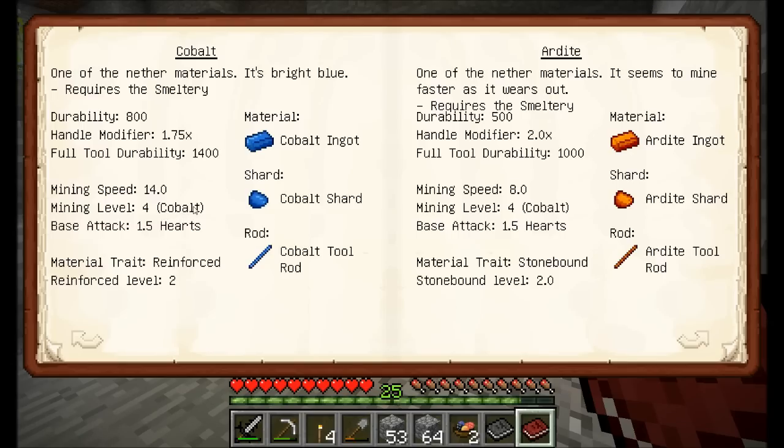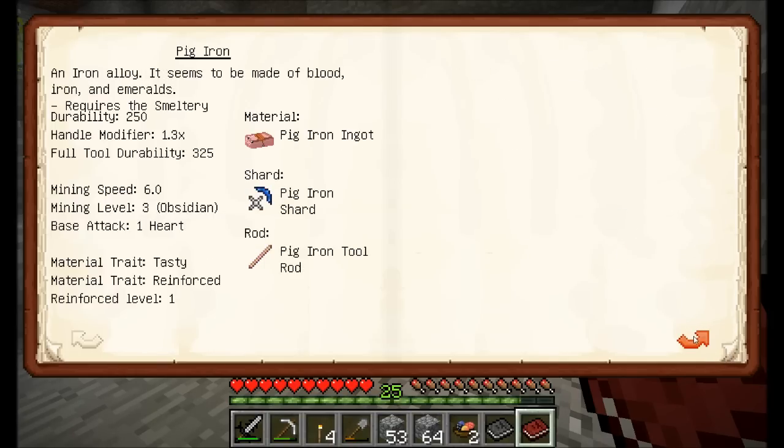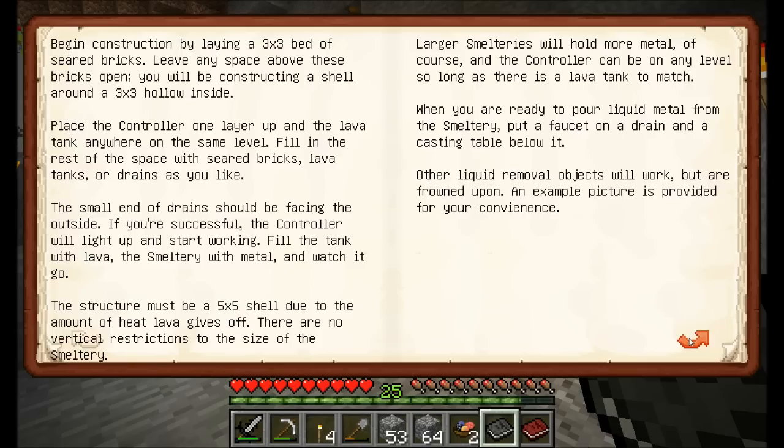but that requires a mining level of 4, and ardite, which also requires a mining level of 4, and manyullyn, which gives you a mining level of 5. That's really just a combination of cobalt and ardite. So there's really no other thing. Steel would get it for you, but steel is probably a little bit tricky to get your hands on right now. So what we're going to do is look into our mighty smelting book and figure out how to get